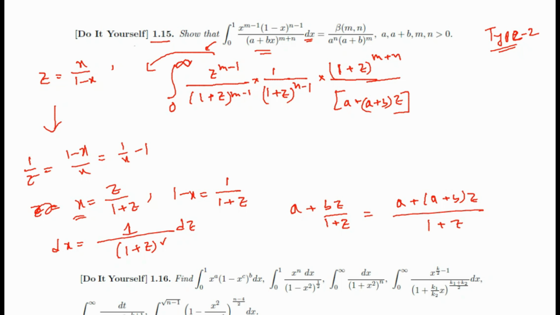What about dx? Okay, dx is dz by (1 plus z) whole square, and 1 plus z, this term will get cancelled, as you can see,